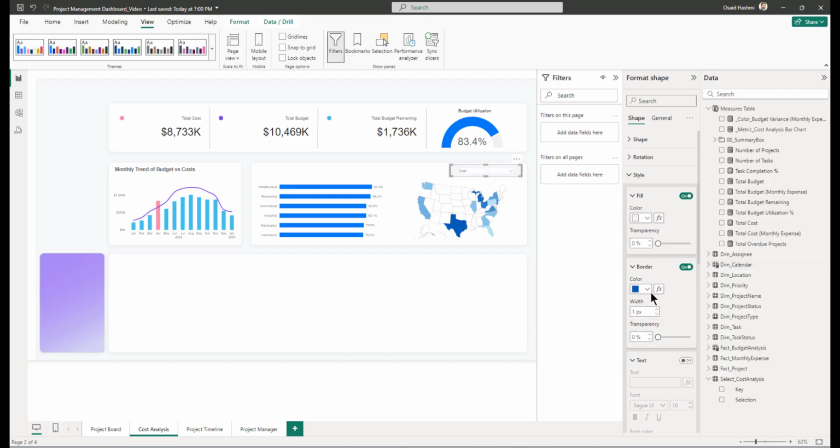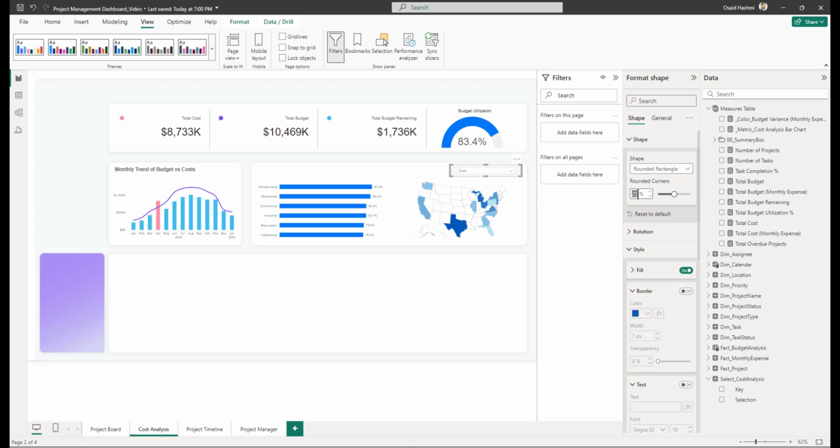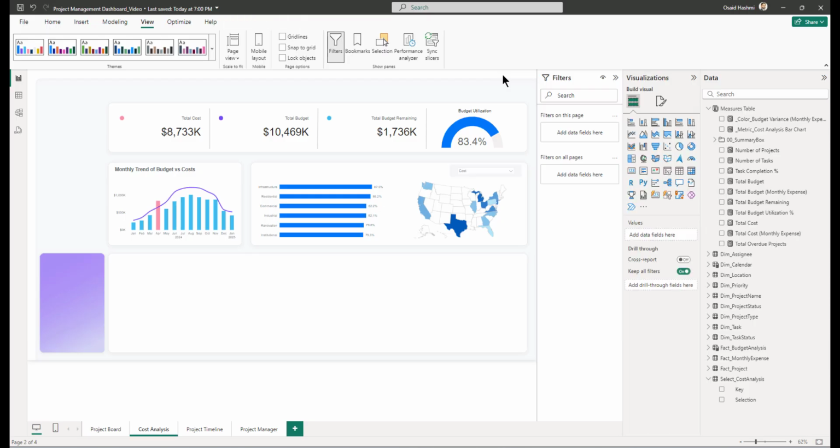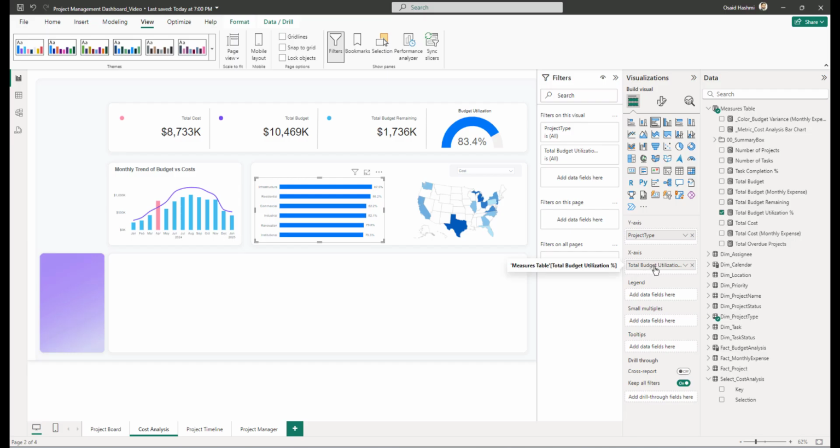In this, there shouldn't be any border, and yeah, that looks fine. It's up to you how you want to adjust the corners, but maybe 15%, something like this. Yeah. Now what we have to do is to switch this total budget utilization with the metric that we have